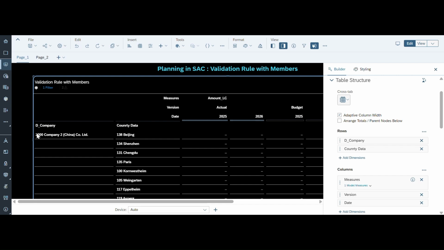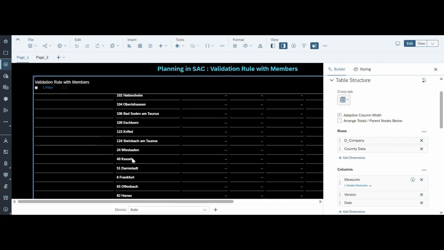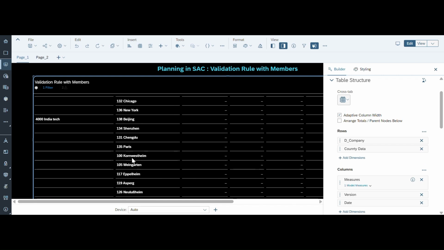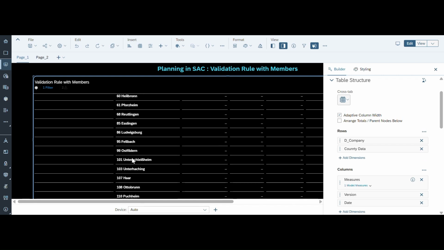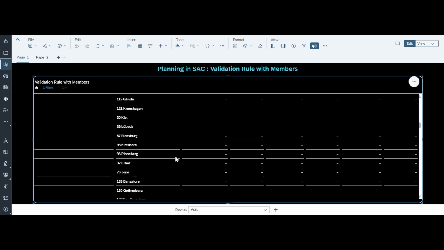So for, suppose, country 2000, it will create the placeholder for all the cities available in your master data. So this is how it works in SAC. Now if I look at the use case,